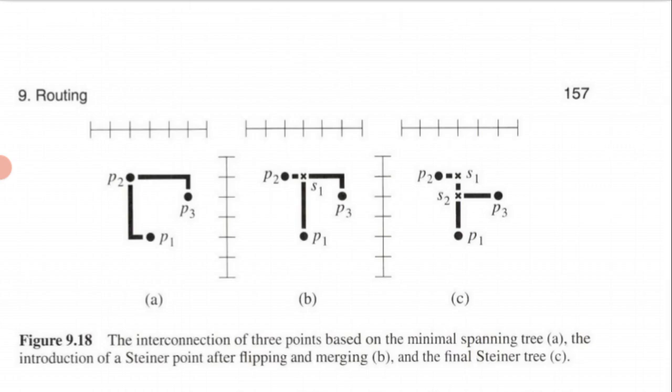When we consider the new situation, in figure B, s1 is the Steiner point, the second last one, and it will no longer be a Steiner point. It will make a direct connection, and the last s2 is the new Steiner point. This is what we define using the efficient rectilinear Steiner tree construction.